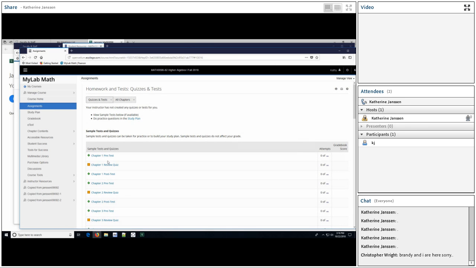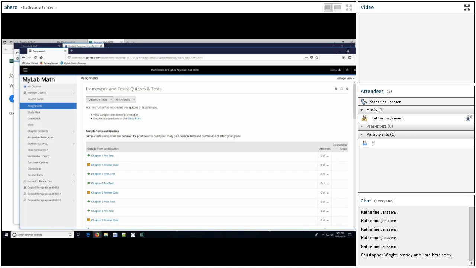Quizzes and tests. The top area will populate with my tests. This bottom area right now is sample tests and quizzes, and these are pre-test and post-test and a review test for each chapter. So that's what you call self-study. These are places where you can take time and do all of them, do some of them, go in, come out, start again. The sample tests and quizzes are not graded.